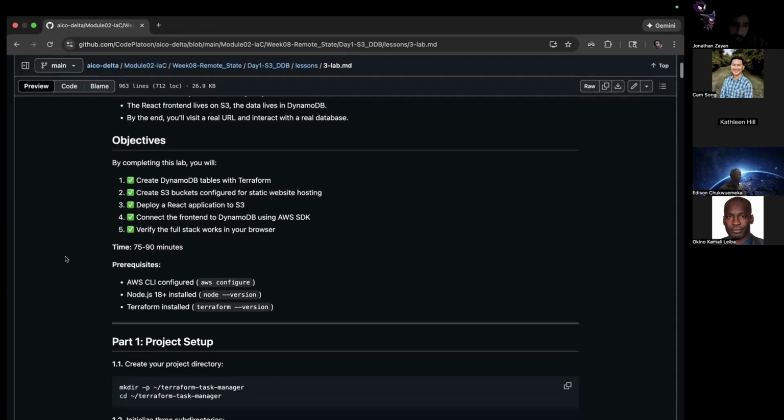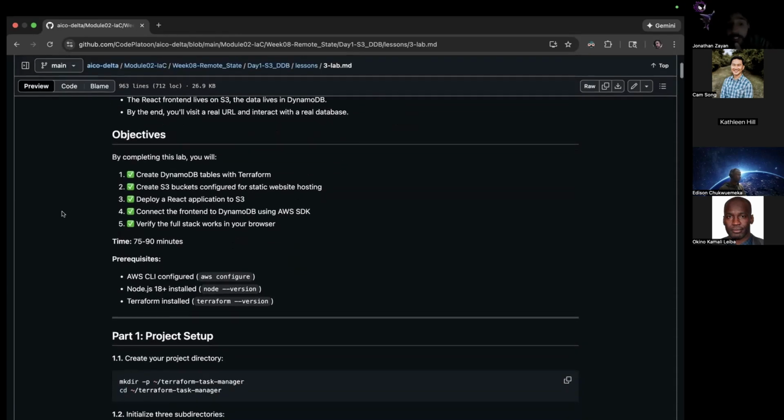So some of the objectives. By completing this lab, you are going to create a DynamoDB table with Terraform. You're going to create an S3 bucket configured for static website hosting. You're going to deploy a React